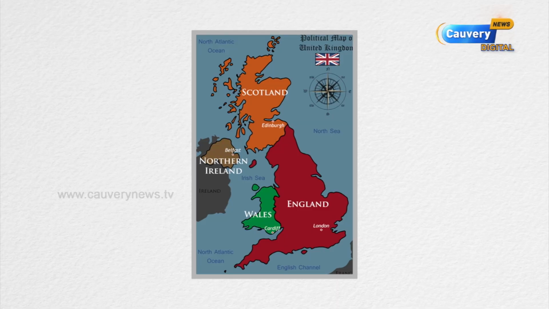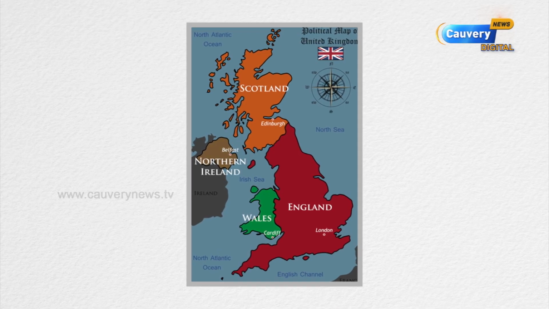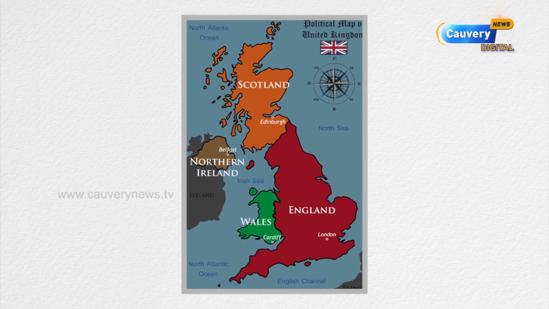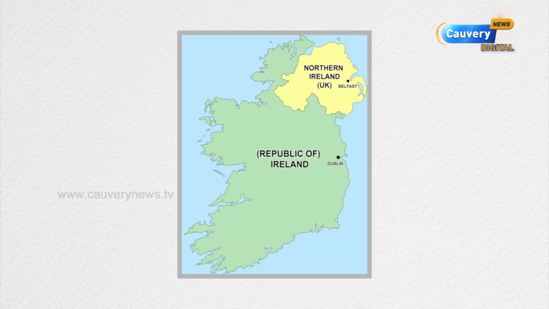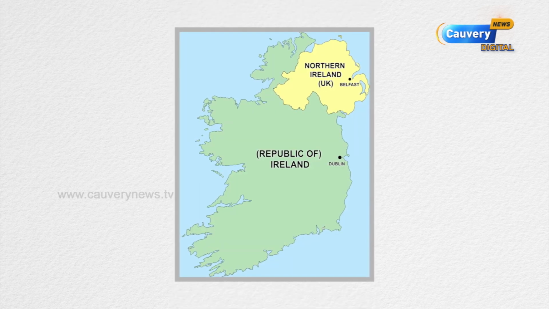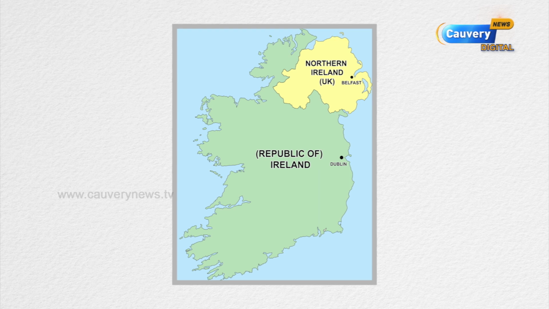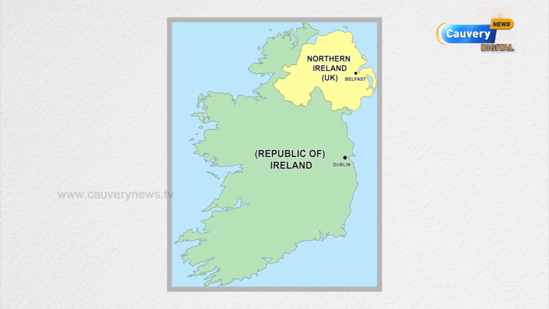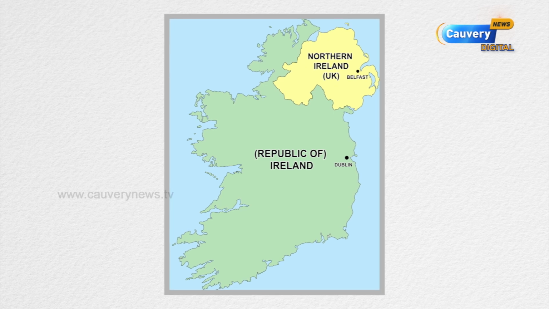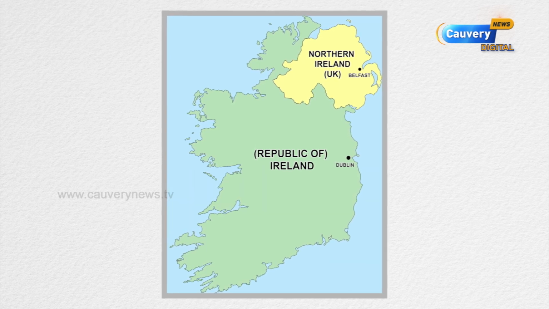The United Kingdom is a state made up of England, Wales, Scotland and Northern Ireland. The Irish island is politically divided into two distinct regions, Northern Ireland and the Republic of Ireland. Northern Ireland is recognized as a devolved government under a constitutional monarchy and therefore it is headed by the Prime Minister of the United Kingdom.